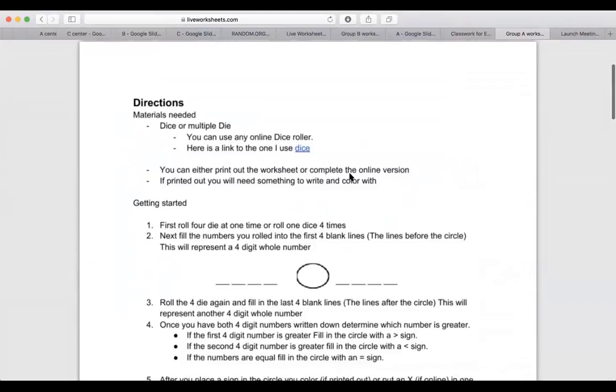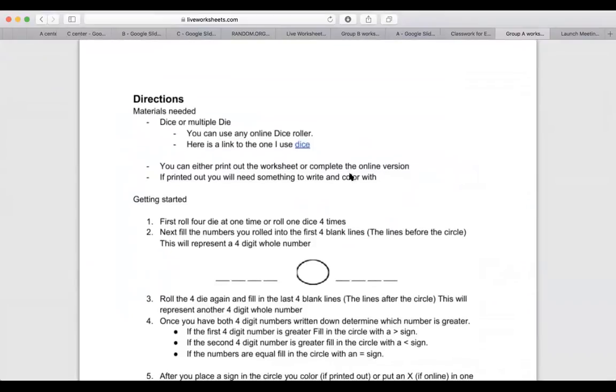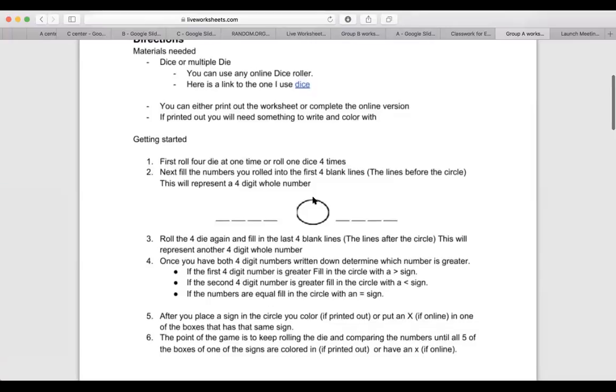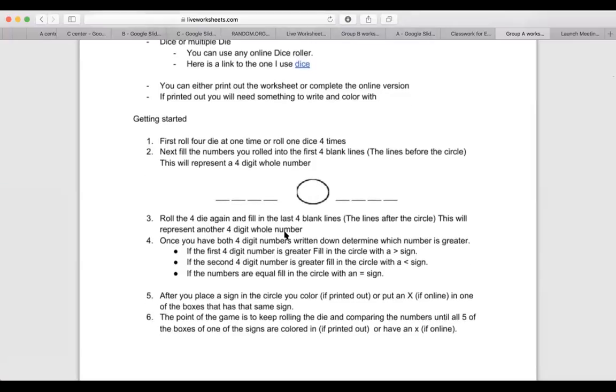So what we're going to do is you're going to need a dice or multiple die. And if you don't have these at home, you can use an online dice roller. And I have that link also in Google Classroom. If you'd like to print the worksheet out, you can do that, or you can complete the version online that I have here. If you do print it out, you'll need to scan it and send it to me through an email. And if you print it out, you will need something to write and color with. So to get started,